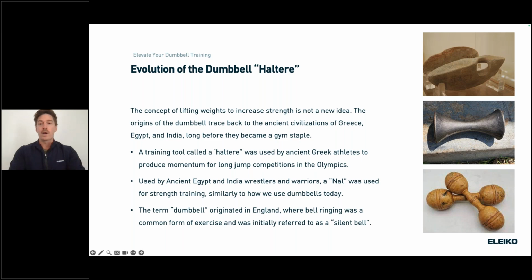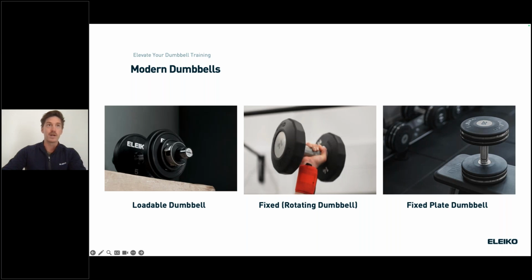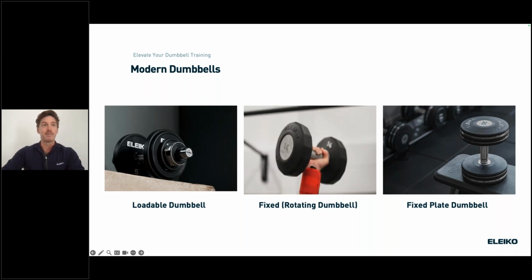Then the dumbbell came into play, first seen in England and initially referred to as the dumbbell or the silent bell, where bell ringing was a common form of exercise. And when they would like to practice without creating a noise, a dumb or silent bell, a weight was attached to a short bar, creating the first version of what we now call the dumbbell. Now that has progressed quite a bit. Now our modern dumbbells,